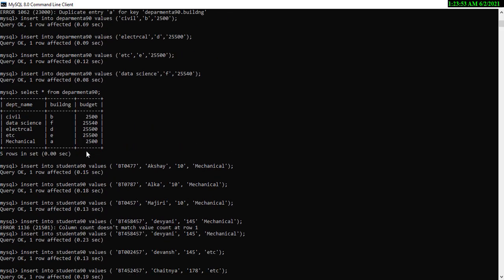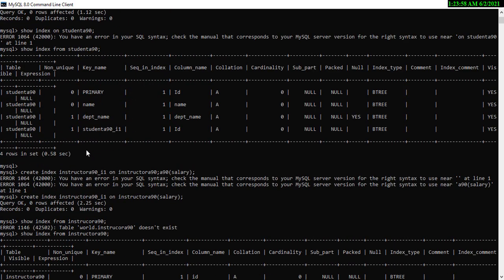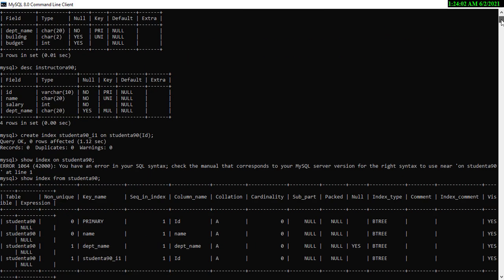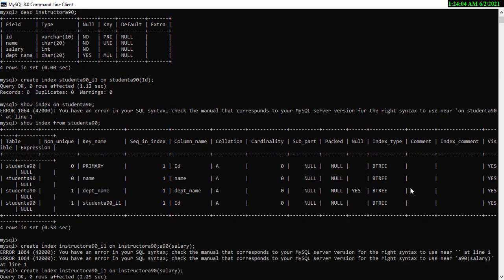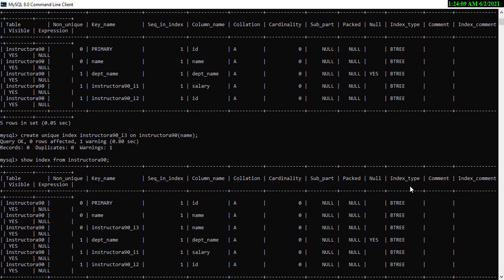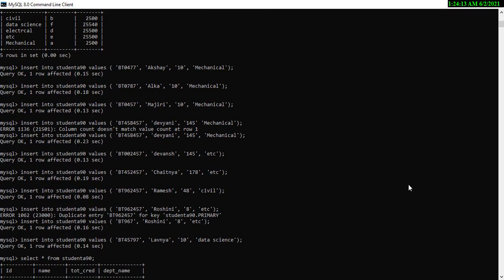So I think that you have understood how to implement the concept of indexes and views. Okay, so I am once again scrolling through my screen so that you can understand what I have done. Up to this part the index was over. Then I entered the values in two tables.